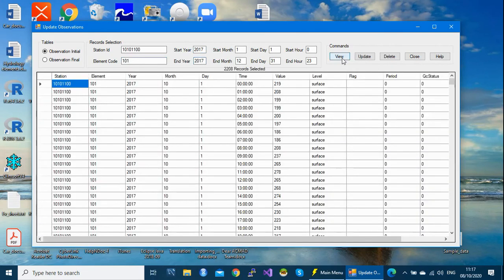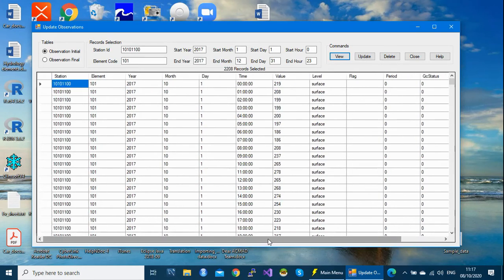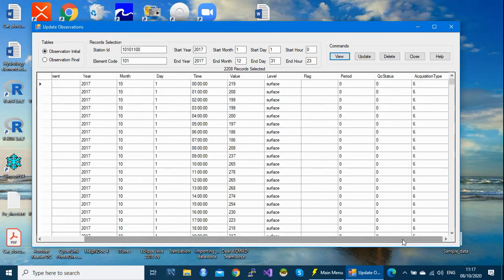So this is your data. That means your data were imported successfully. As you can see, the station, element, month, day, different hours, and our data is here. What you should note here is our data don't have any decimal point, and this is what we wanted, because we ticked that option of remove scaling. So this is the first way to check if your data were imported successfully.